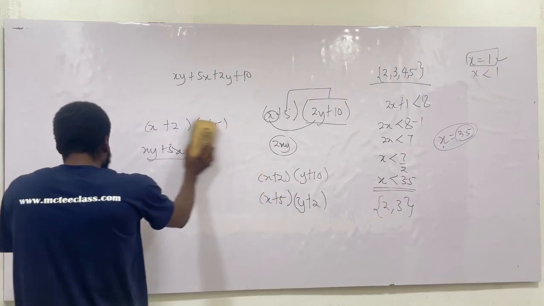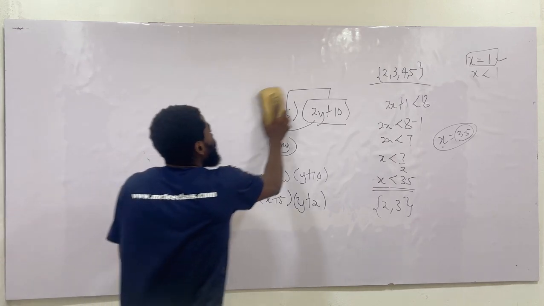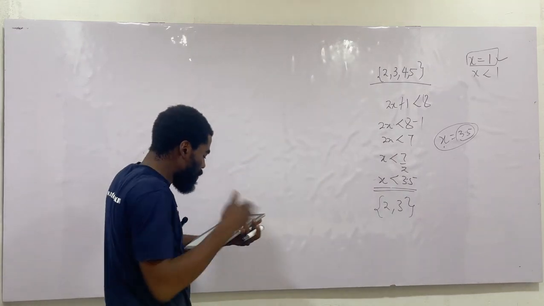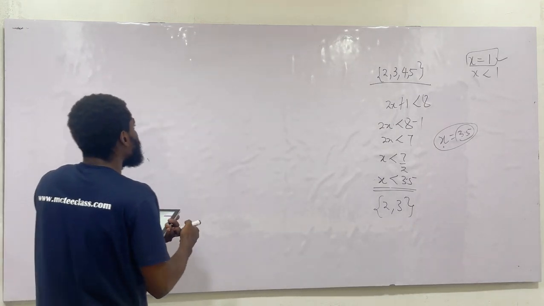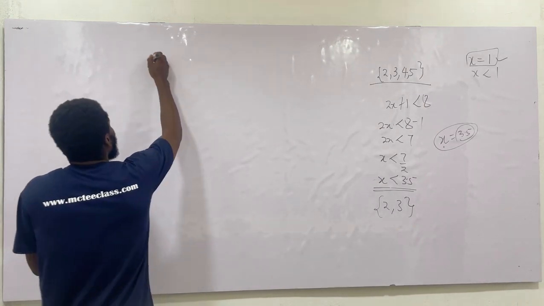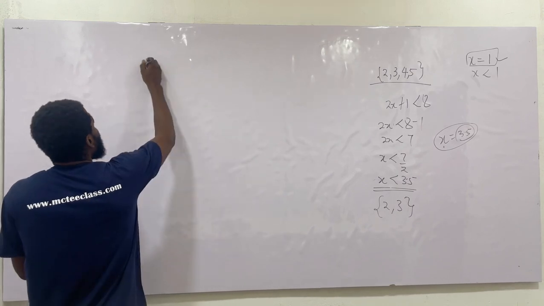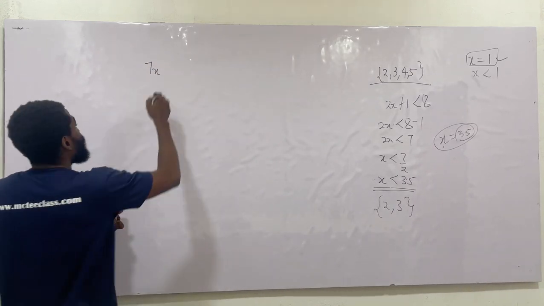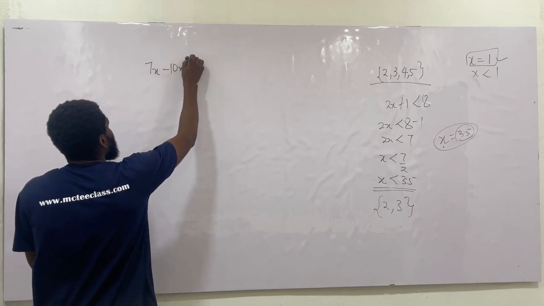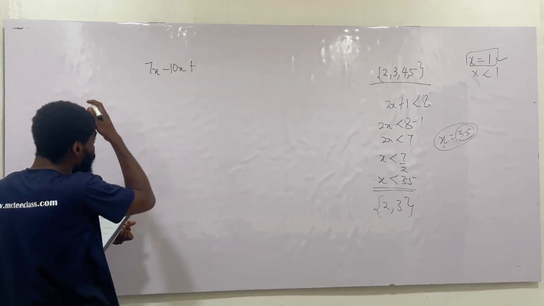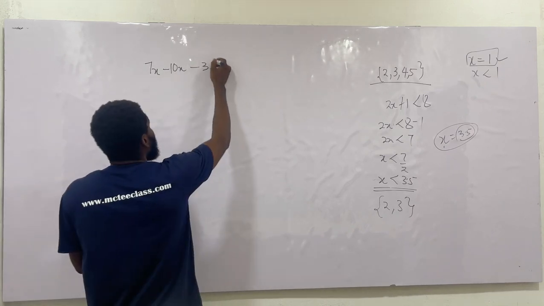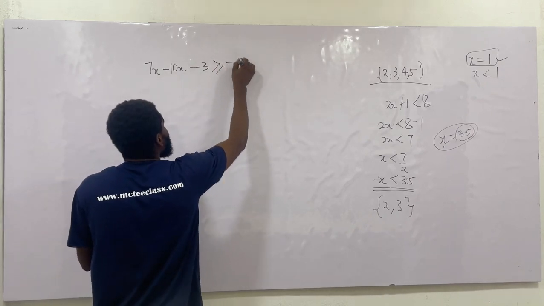Then I come to question 23. Now, in question 23, don't repeat the question. Nobody wants to see your question. So straight away, begin your expansion or removal of brackets. So instead of writing the question to waste time, I'll just write 7x minus, so negative will multiply, open the bracket, that is minus 10x plus, then I get what? No, it's still minus. So minus 3, and this is greater than or equal to negative